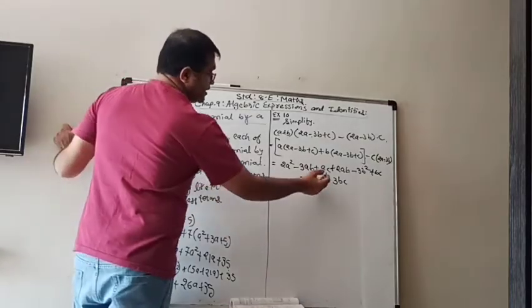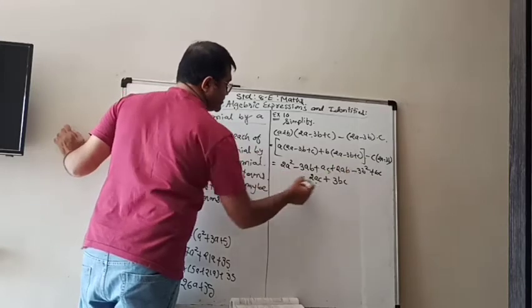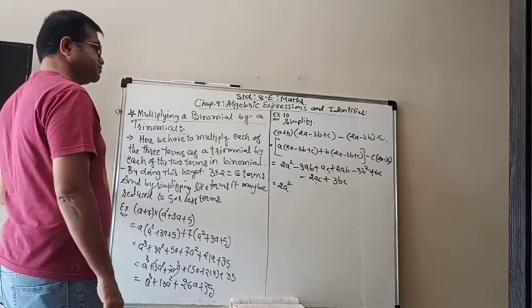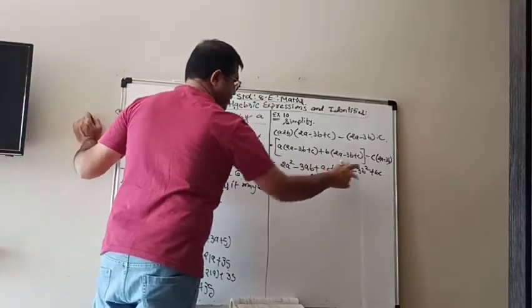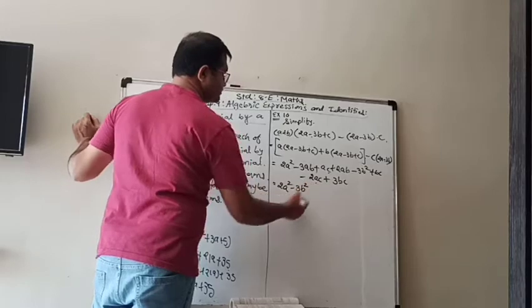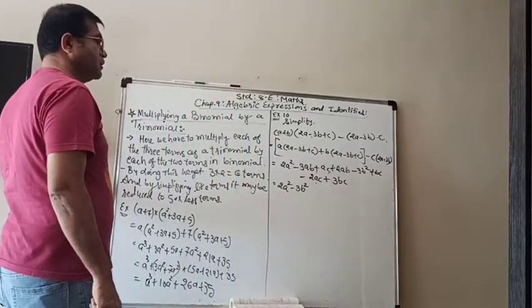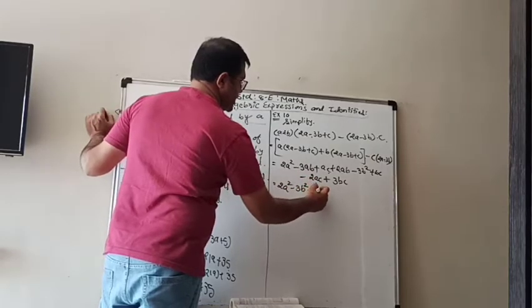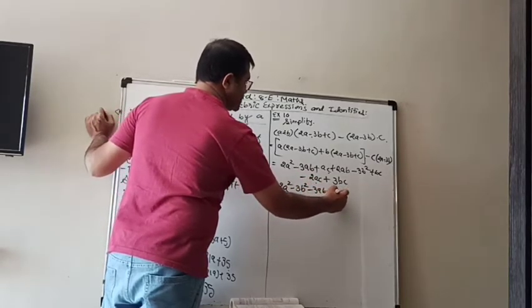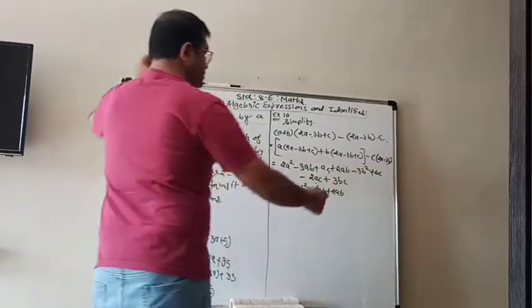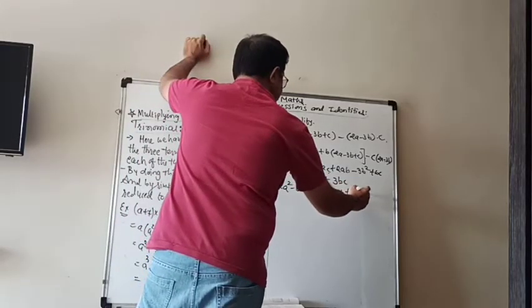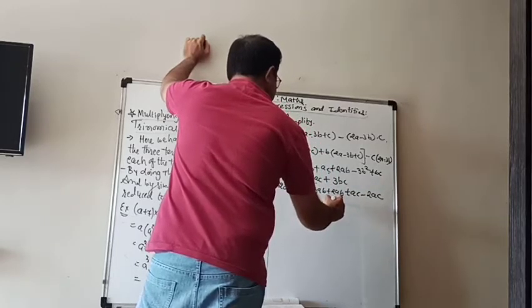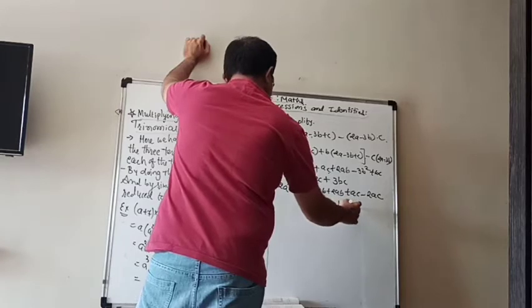You can see that here also ac and ac, bc and bc. So first we will write down that one, 2a square. That one also doesn't have a like term, so minus 3b square. Now all of the others have like terms, so we will bring them together: minus 3ab plus 2ab, and then plus ac minus 2ac, and plus bc plus 3bc.